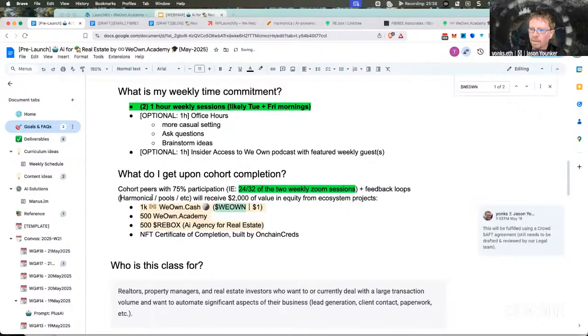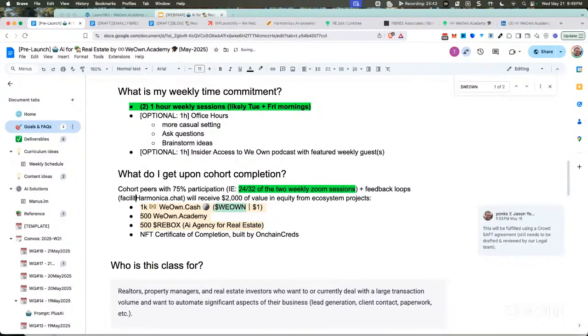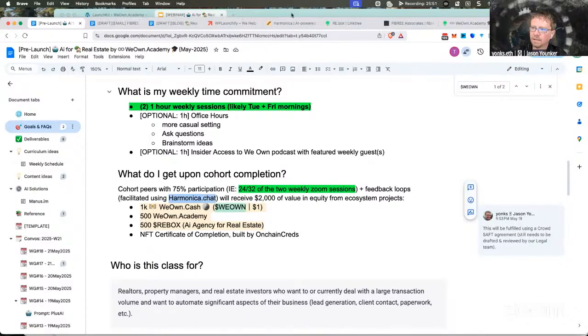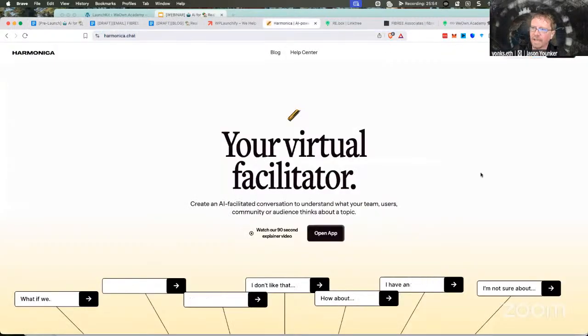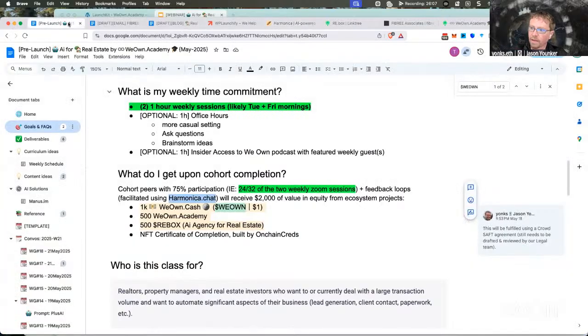So harmonica.chat. Facilitated. About that. Is that kind of like what we've been using, like Telegram or something, or no? Harmonica.chat? Uh-huh. No. So great question. Harmonica.chat is a virtual facilitator, and it's more chat, like as in chat bot. And this is something that we're going to use instead, because one of the things that we had